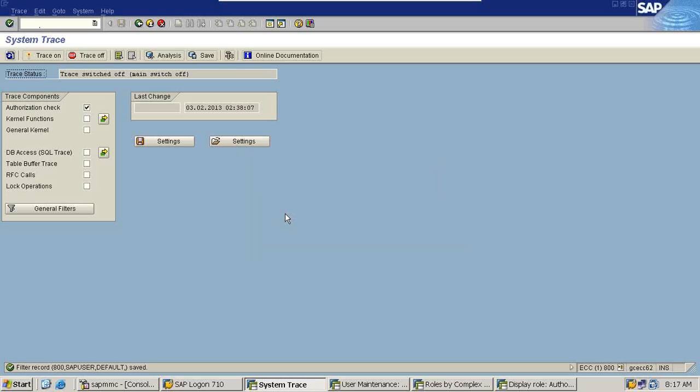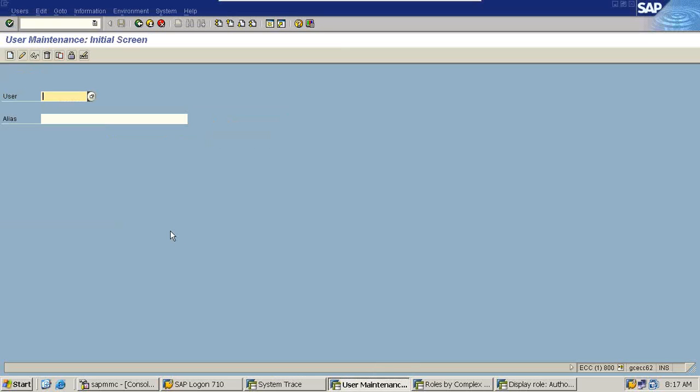And now click on trace on. Okay, now trace is switched on for the user A12345. Now we need to send a message to the user that you can perform your activity right from the beginning. Okay, so now if we